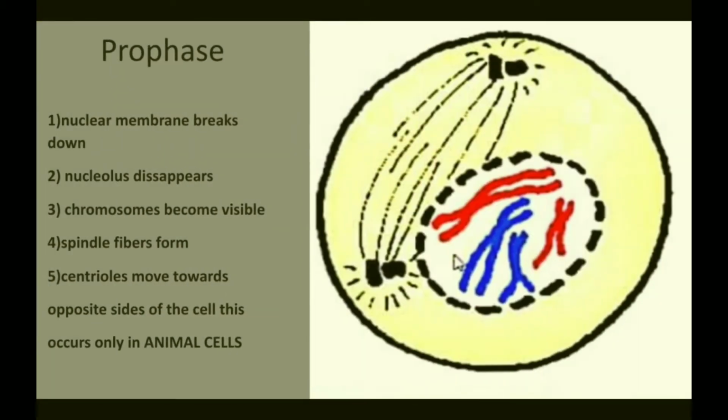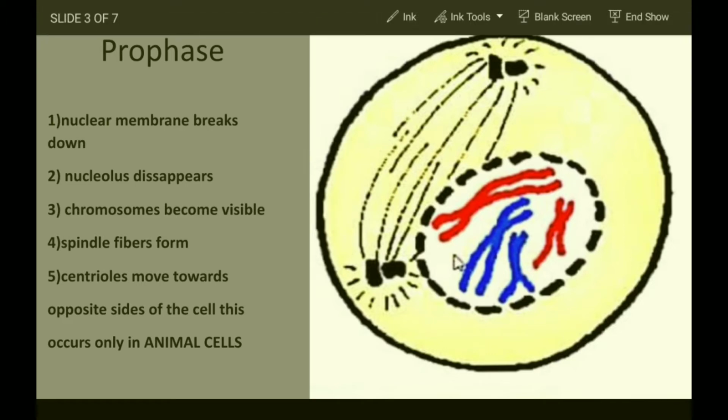The first phase is called the prophase. In this phase, the nuclear membrane, which is this, breaks down. These are the chromosomes. They are condensed and they become visible to us. The nucleolus, which is the nuclear material, disappears, and the spindle fibers, which are these, form,